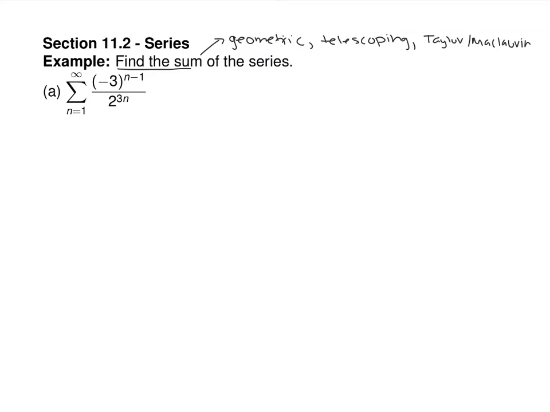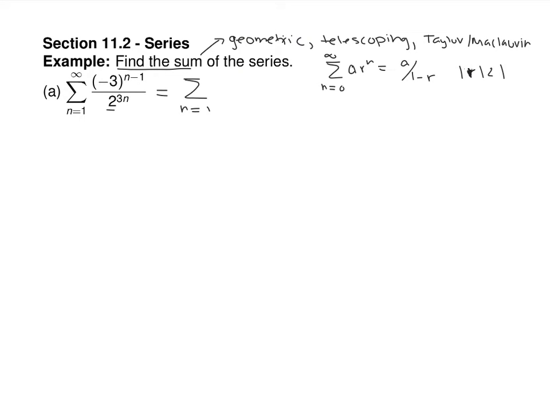So this to me looks like it's geometric, but remember that the geometric series formula said that the sum from n equals 0 to infinity of ar to the n was a over 1 minus r if the absolute value of r was less than 1. And that formula depended upon the fact that that sum began at 0 and this one does not, so gotta do some reindexing. And before I go there, I'm also going to change this 2 to the 3n into 8